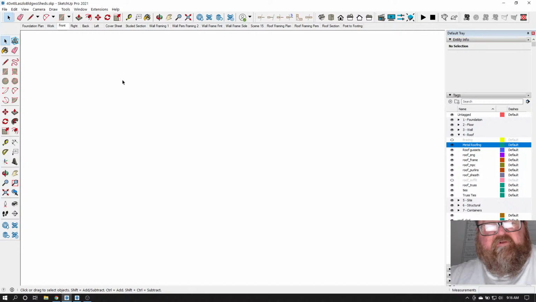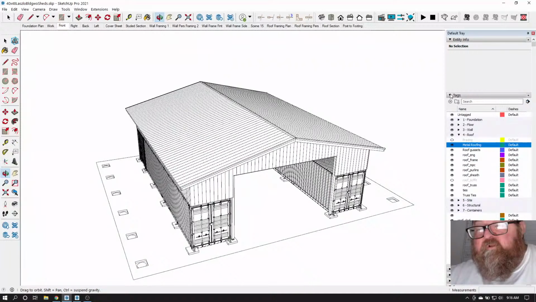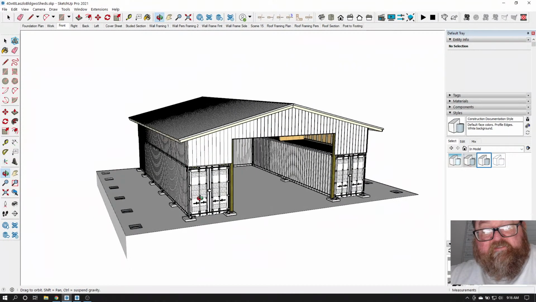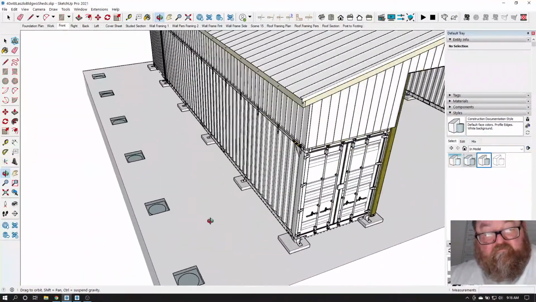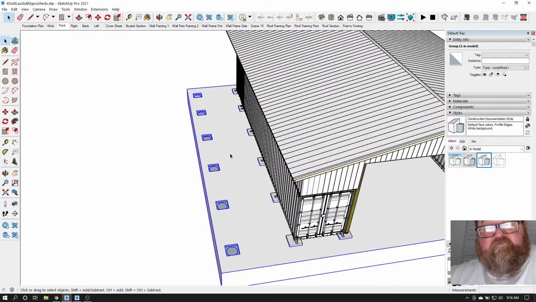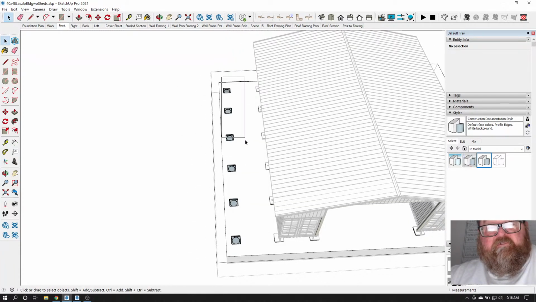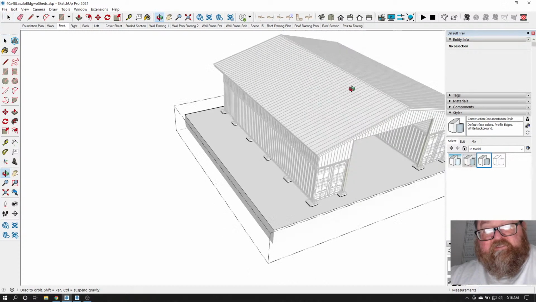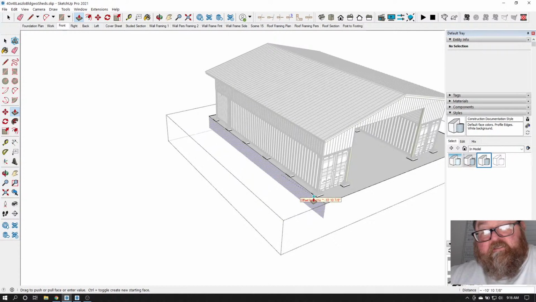So if I go back to my front view here. But let me get my style back that I like working in. I like working in that style. So I wonder if it's going to be quicker to, I think I could just delete these holes like this, and they will heal themselves. Yeah, but I don't want that sticking out that far. So I'm going to go back. I like this to hang out about,